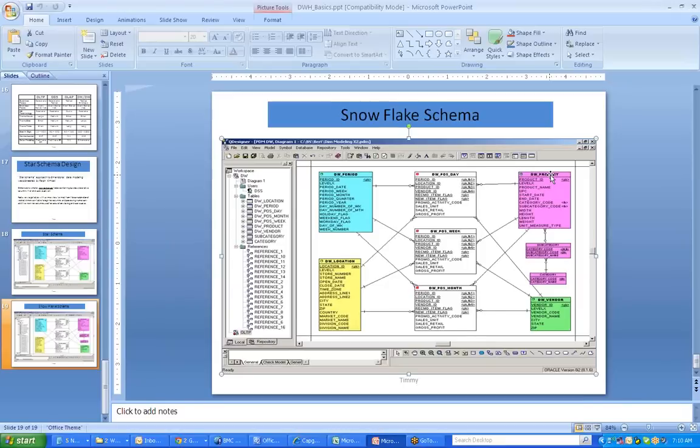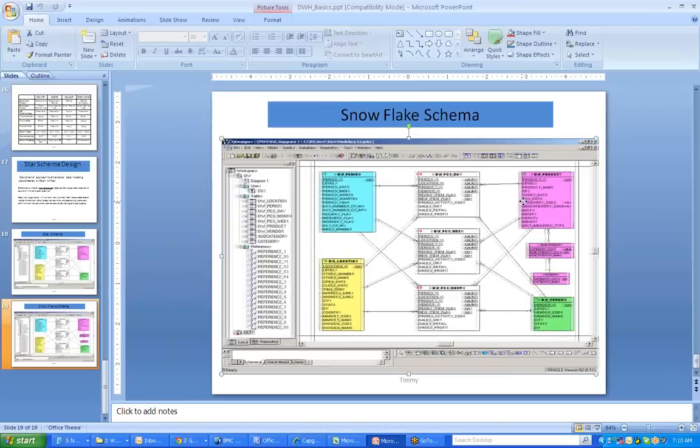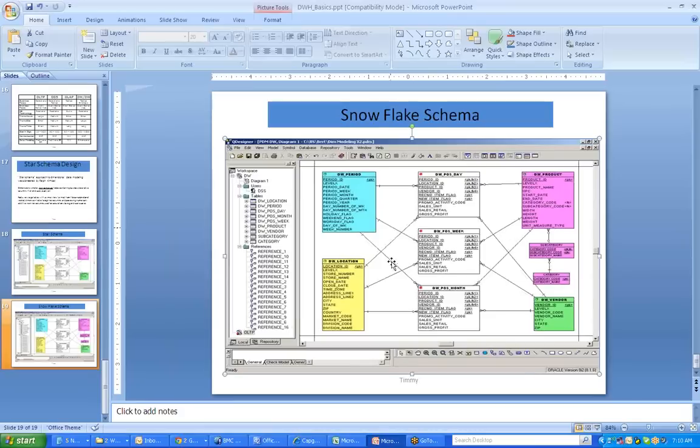Clear? I'm sorry, can you repeat it? When we don't have any common columns, say you want to join a product and location dimension. We don't have any common columns in these two, but we want to get which product is available in which location. So we don't have any joining condition. What we'll do is, there is a fact table.